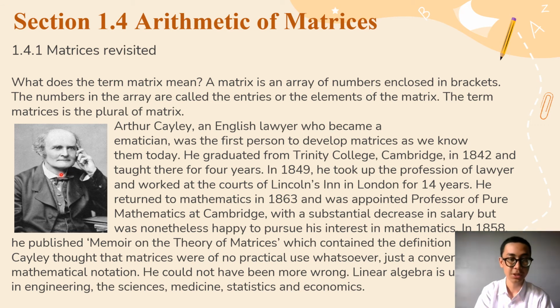In this picture is Arthur Cayley, an English lawyer who became a mathematician, the first person to develop matrices as we know them today. He graduated from Trinity College, Cambridge in 1842 and taught there for 4 years. In 1849, he took up the profession of lawyer and worked at the courts of Lincoln's Inn in London for 14 years. He returned to mathematics in 1863 and was appointed professor of pure mathematics at Cambridge,